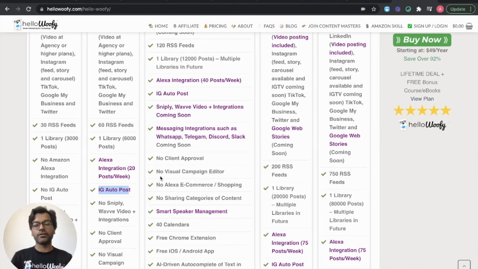You don't need the reminder. You do need the reminder, which is a Woofy iOS app or an Android app, to get the reminders for personal Instagram, personal Facebook, which is your profile, Snapchat, and TikTok. Everything else is fully automated. You don't have to get the reminders to your phone.